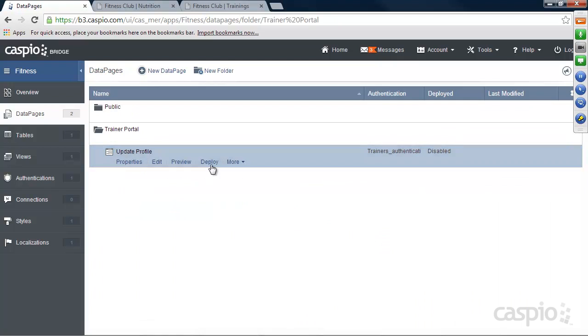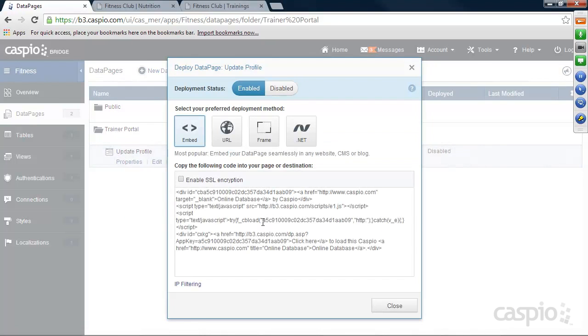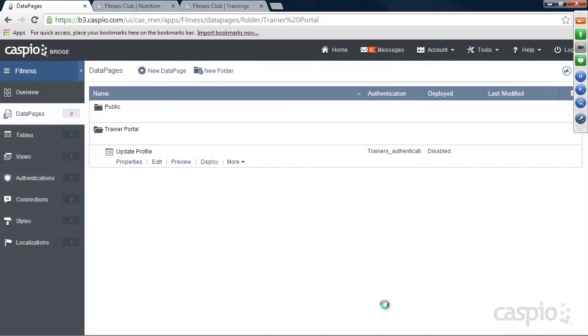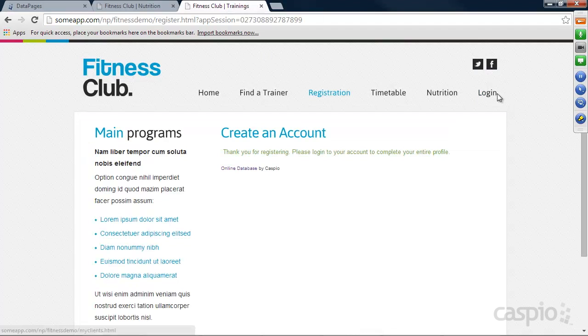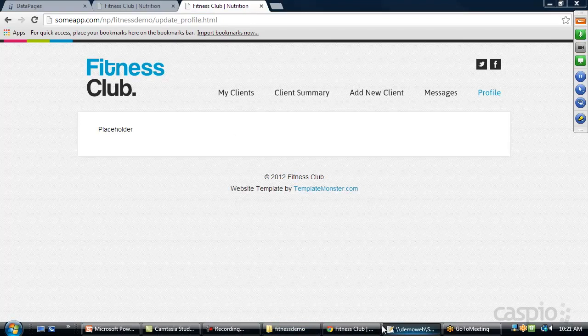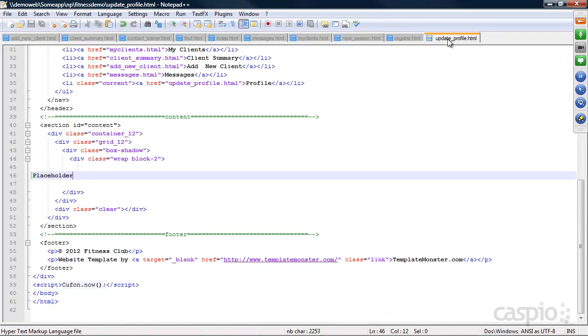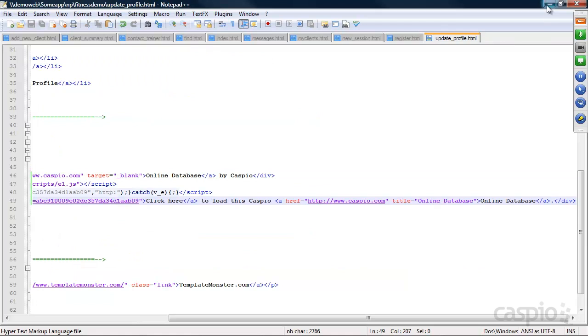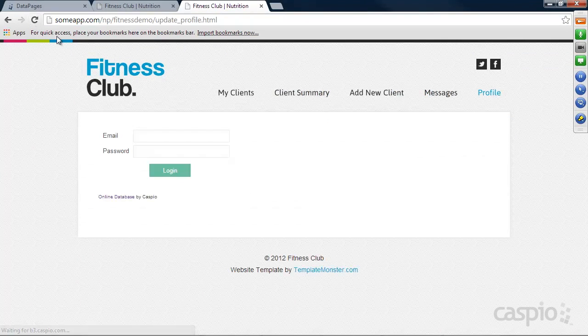And now let's deploy this data page to a page that I called updateprofile.html. All right, so let me find that page, update profile, and we're going to remove the placeholder. Refresh, and there's the login screen. So now I can log in as Mike,